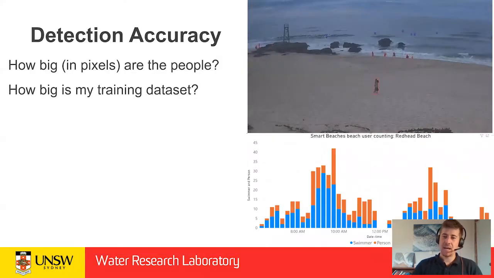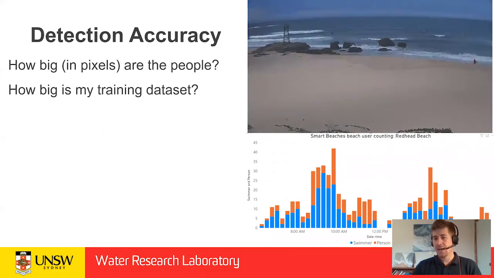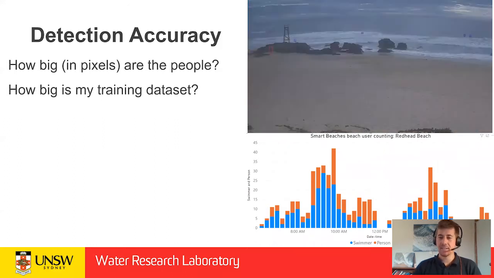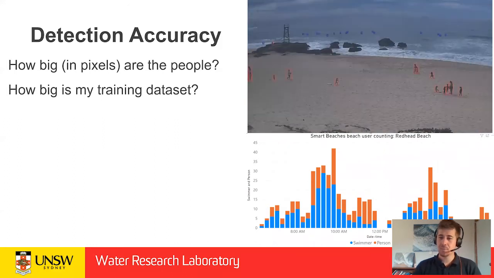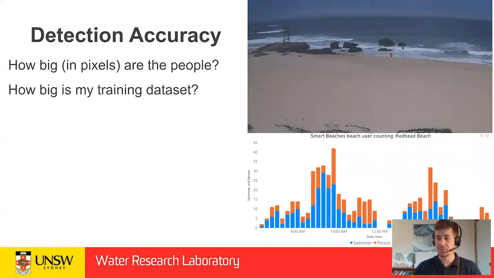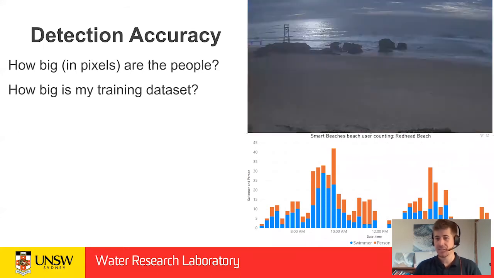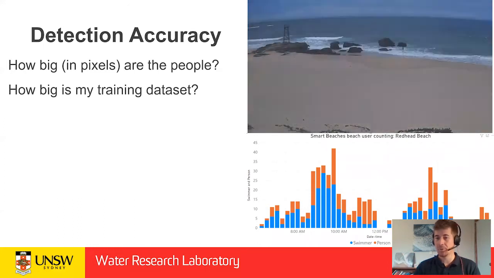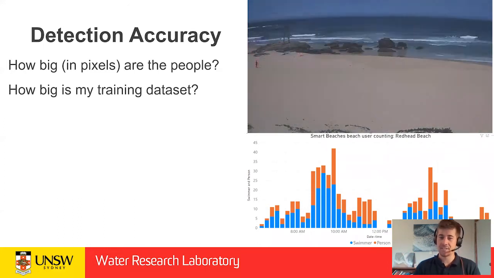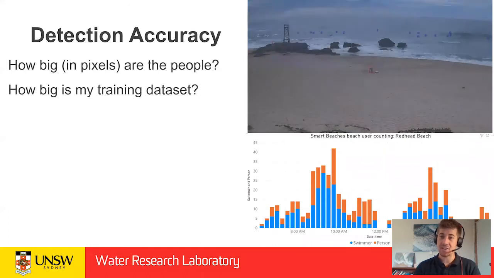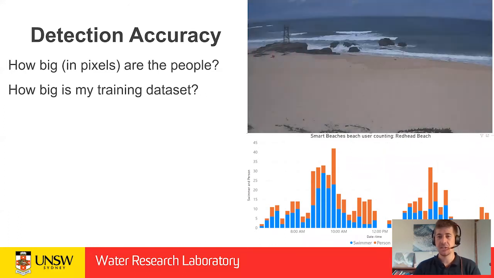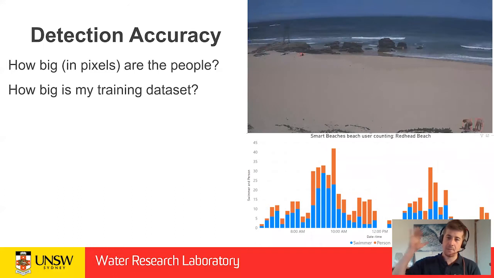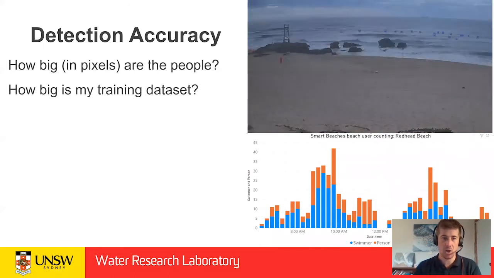So a couple of things about detection accuracy. A number of factors impact the accuracy of the model. The first one being how big in pixels are the people that you're trying to detect. If a person is really large in the foreground, it's much easier for a model. And that's why we've had a lot of success with cameras that are close to the action down on beach locations, where we had limited success where the cameras are all the way away on the top of a high-rise